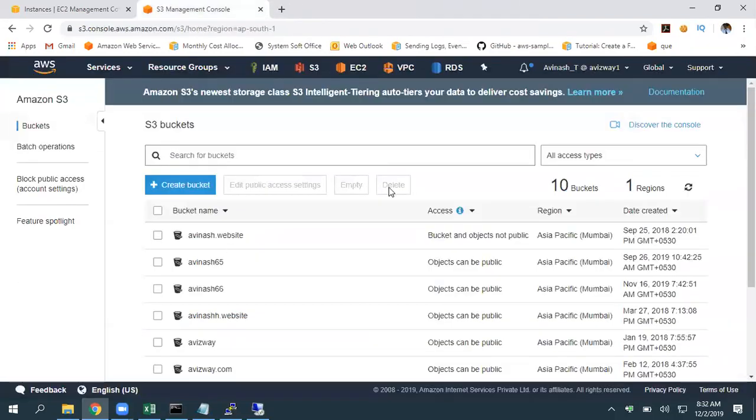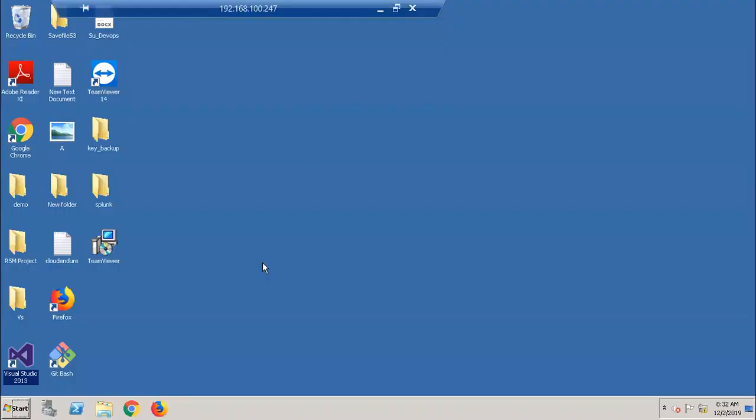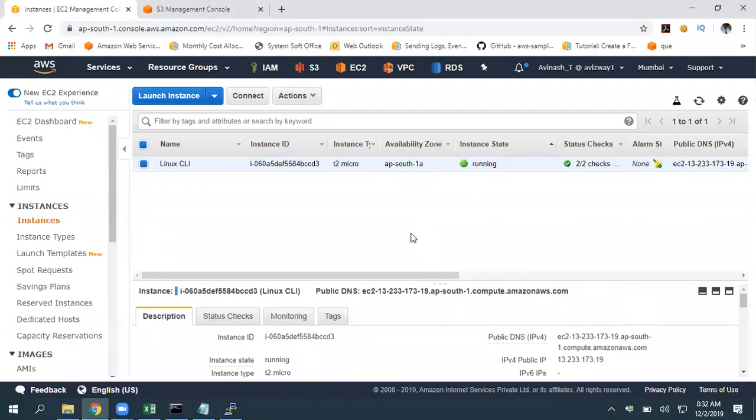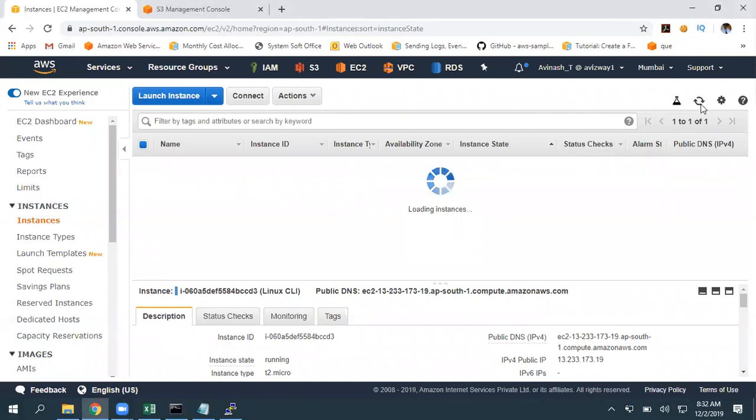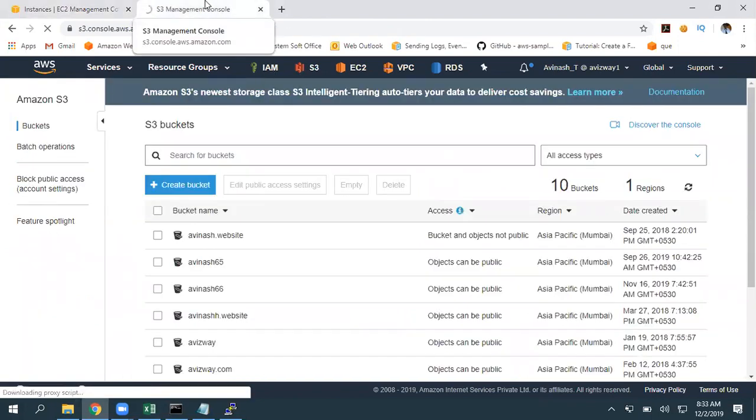Now, Amazon is suggesting us to use roles instead of the CLI tools, and we'll look into that option now. Whatever user you are configuring, the credentials and everything are stored in plain text format, right? That is not a secured option. So whatever resource you are going to run in your AWS account, make sure you use roles. Roles are always more secure compared to using CLI.